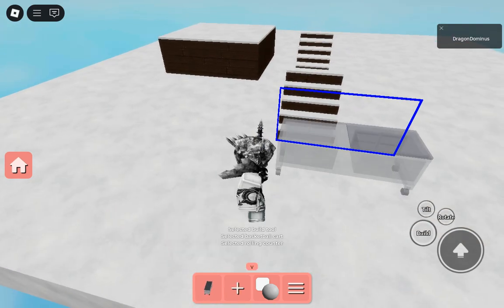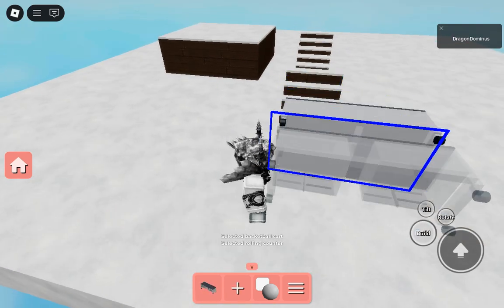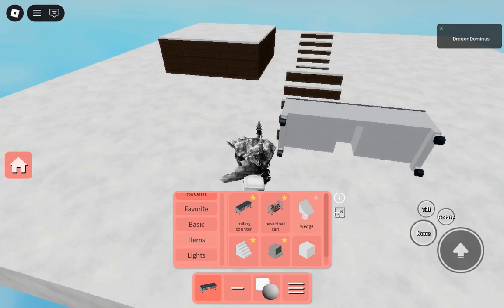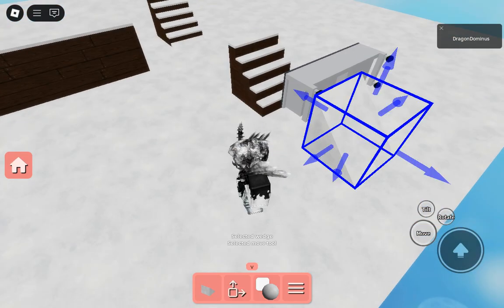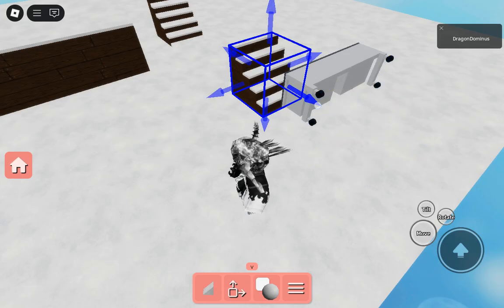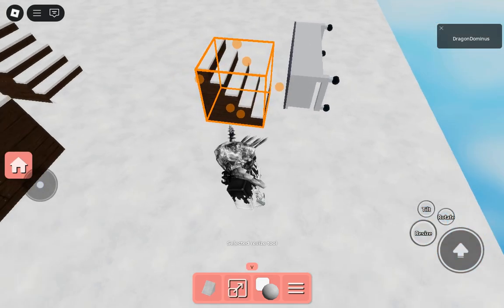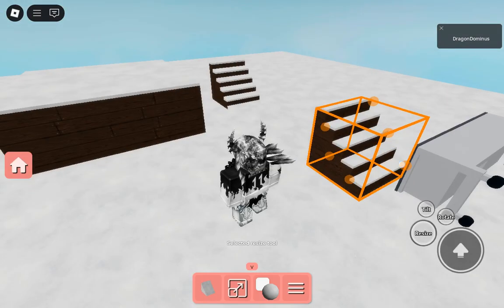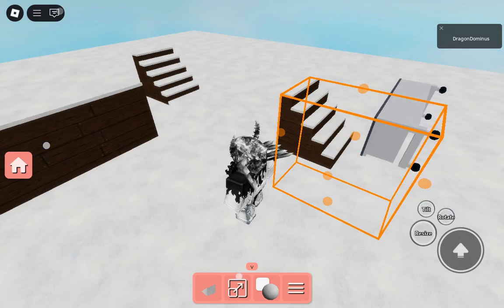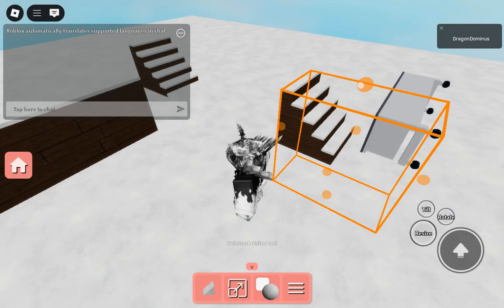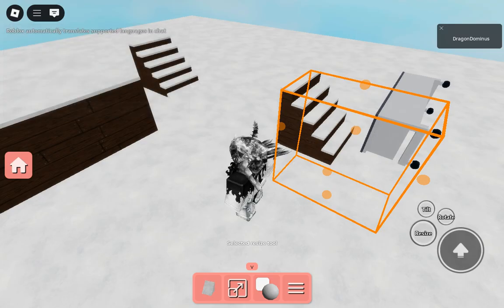You place 1 rolling counter and then 1 wedge. Can't believe I forgot. And then you move it in. Yeah, you move it like this and you resize it. Okay, I might have forgot. Yeah, I can't do the wedge part, so